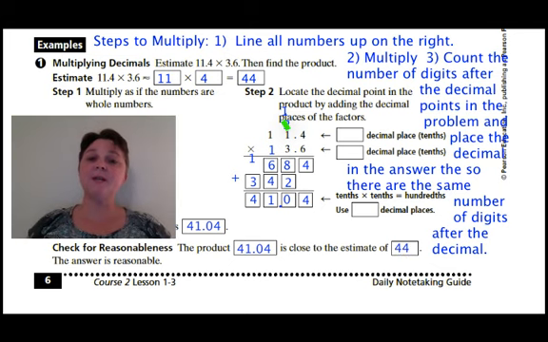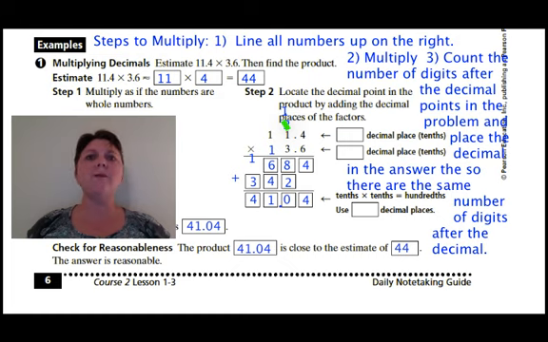Pause the video at this time if you still need to copy down some of the notes. Don't forget, you also have to have a question written at the end of the notes by the time you're done to share in the class. Something you don't understand, something you still are confused with. If there's nothing that you're confused about, then come up with a question that you know the answer to that